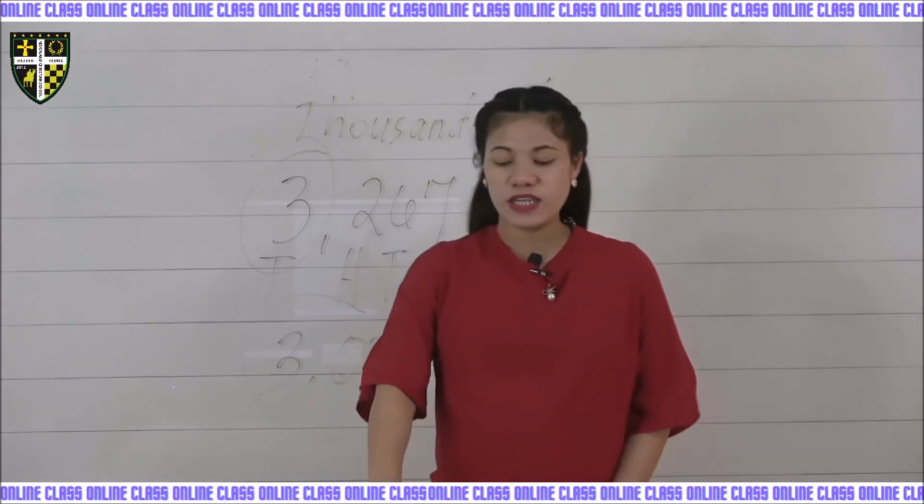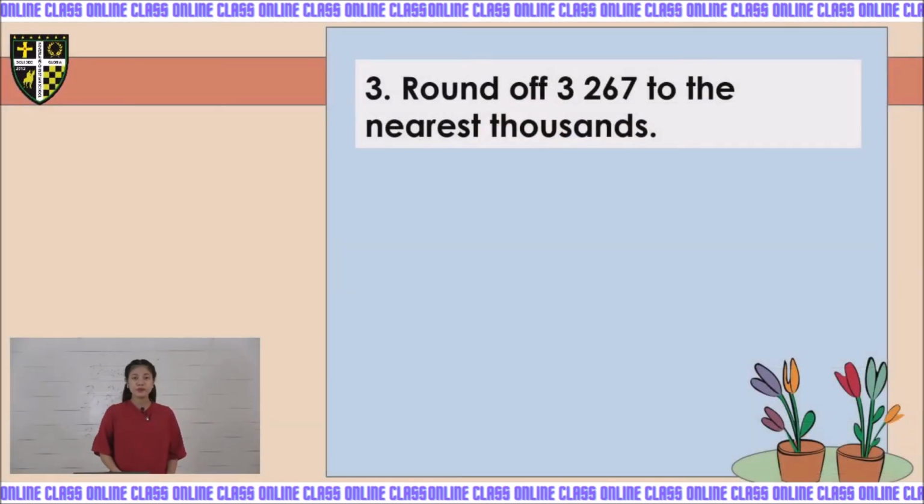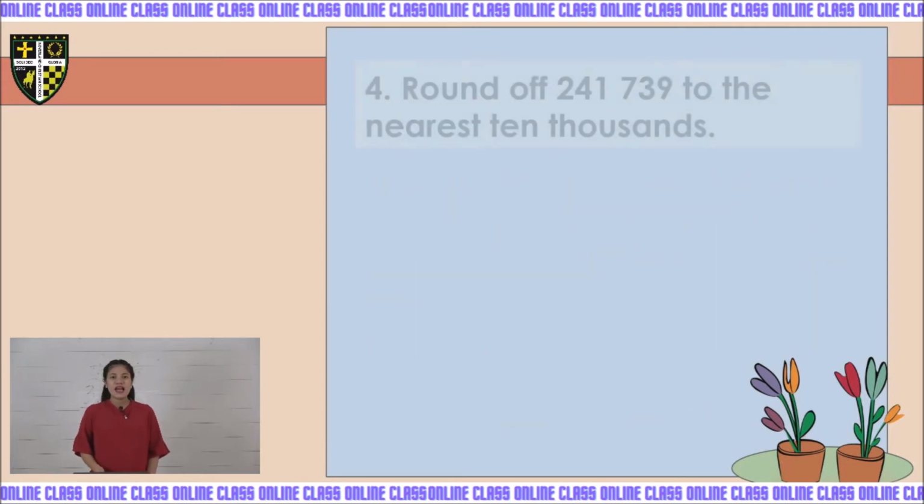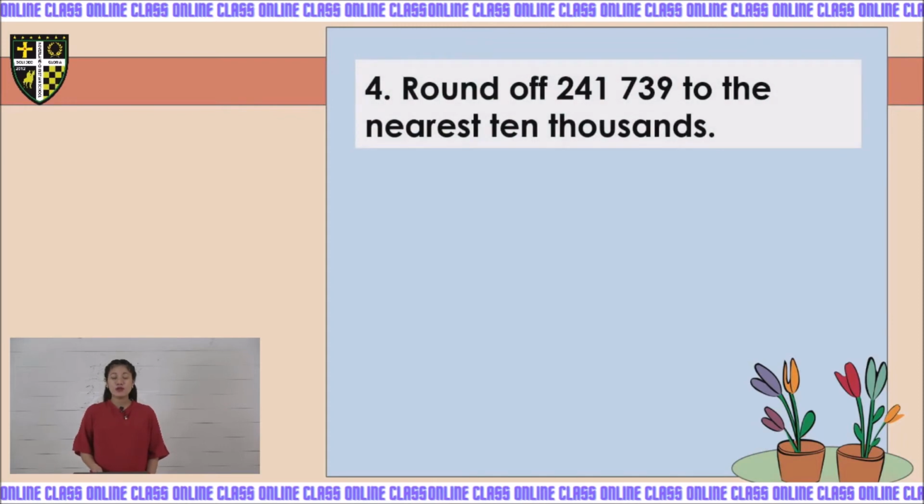So let's look at the answer. Round off 3,267 to the nearest thousands. The digit to be rounded off is 3. The digit to its right is 2. Change this to 0 and all the digits at the right, and just copy 3. So the answer will be 3,000. Very good. Now, example number 4, we have